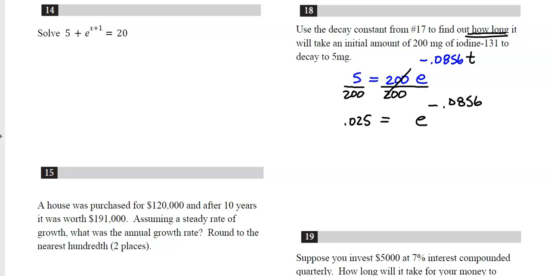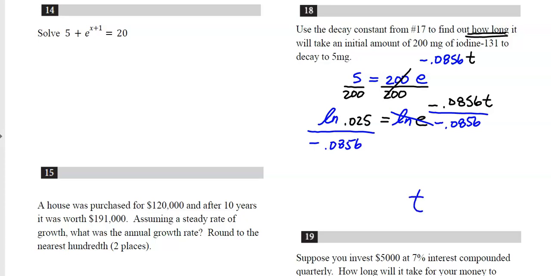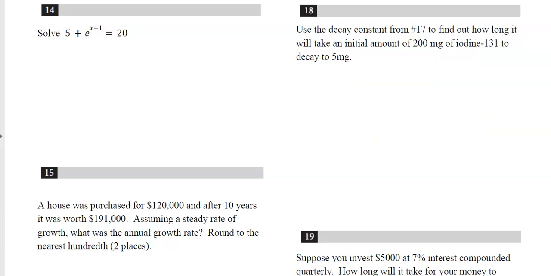Just kind of copying the rest of this down. And now it's time to natural log both sides. Natural log, natural log, you guys are gone. To get t by itself, divide by 0.0856, divide by negative 0.0856, and I ended up getting t equals